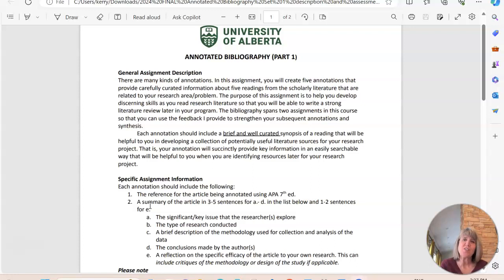This one is on part one of the annotated bibliography assignment. There's actually two parts to this assignment. The first one is shorter and the second one is a little bit longer with more synthesis. Now, I understand that you have already had experience with annotated bibliographies in your first summer residency courses. This is just slightly different, and so I wanted to note some of the similarities and differences from what you've